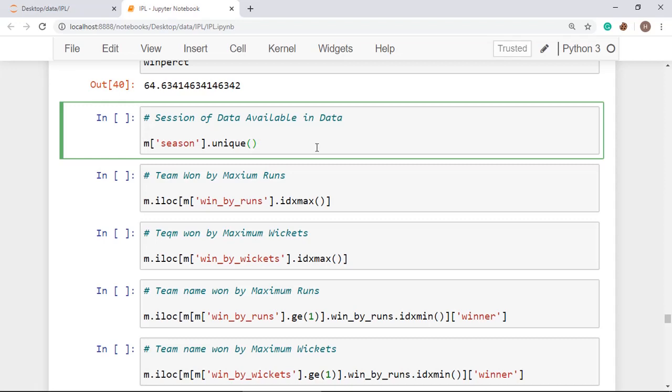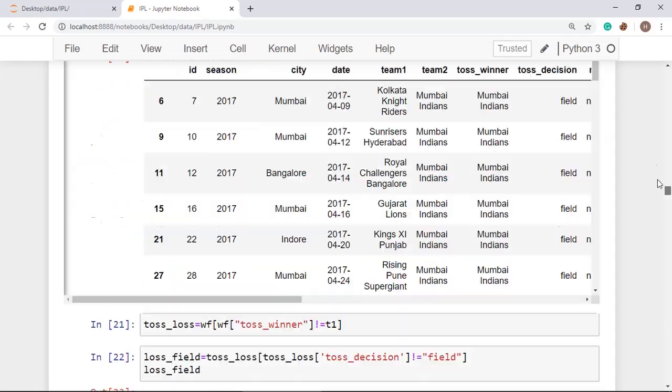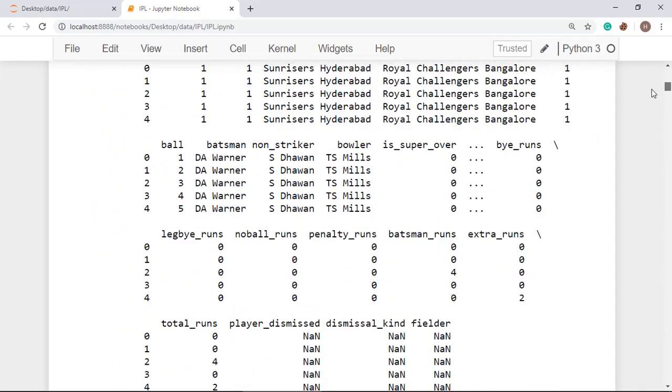Now I am going to show you how to get, in a particular dataset, how many seasons of data are available. For that we use the syntax season. We have loaded the data in matches as M. See here in the top section you will be getting this.